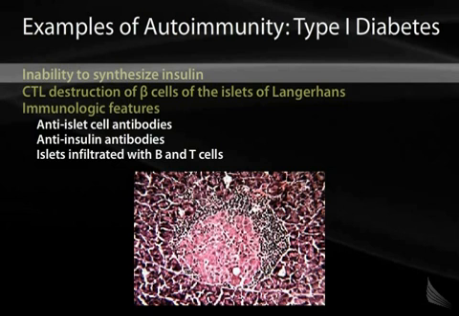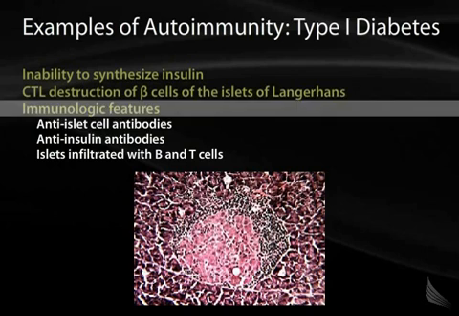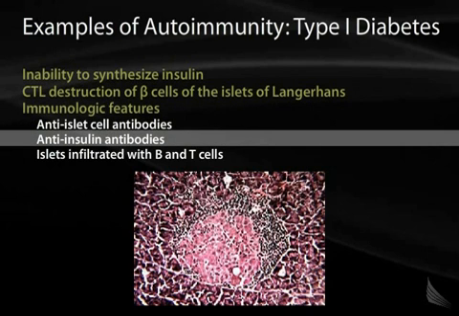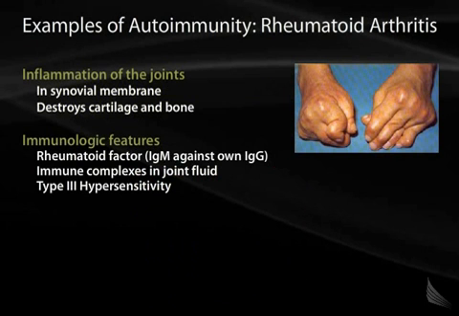Type 1 diabetes is characterized by one of several different features. It could be mediated by CD8 T cells, and in that case you get CTL destruction of the beta cells of the islets of Langerhans. It could be antibody mediated with anti-islet cell antibodies or even anti-insulin antibodies, all leading to this insulin deficiency, hyperglycemic state. You can see on pathology islets that are infiltrated with B and T cells, as you can see here. All of those little purple circles, remember on H and E staining, if you get the purple circles, those are lymphocytes surrounding an islet here in the pancreas.